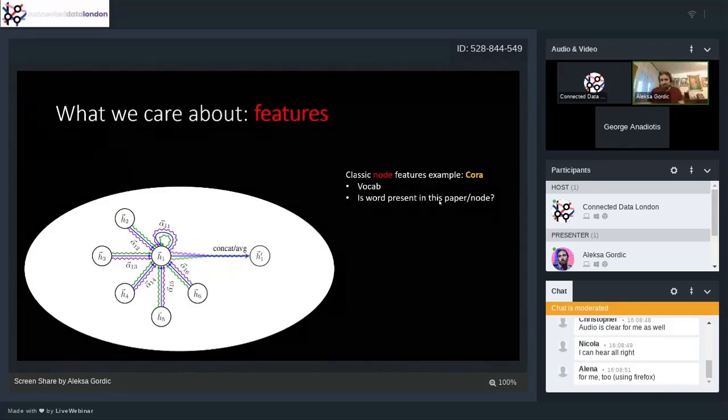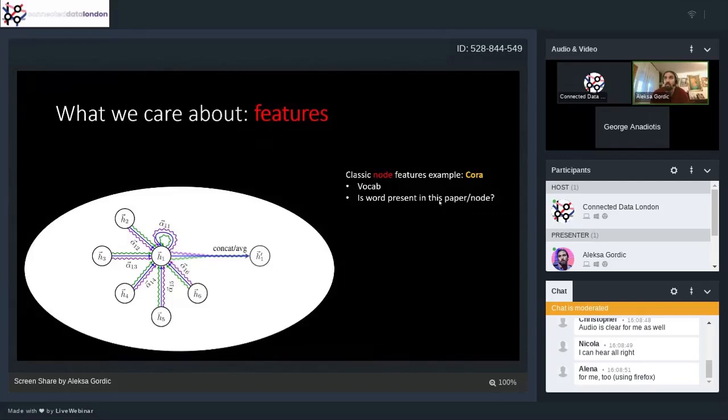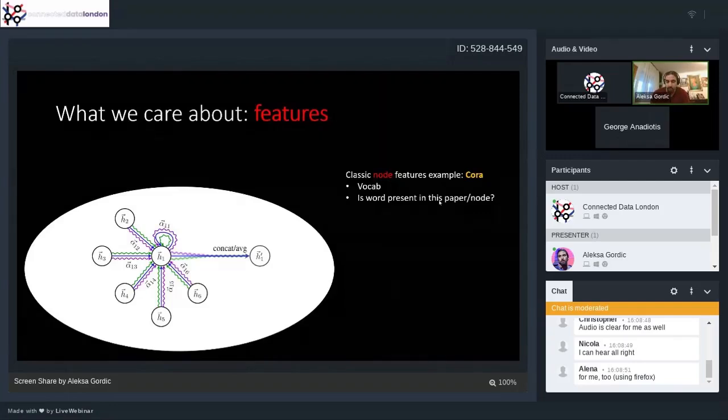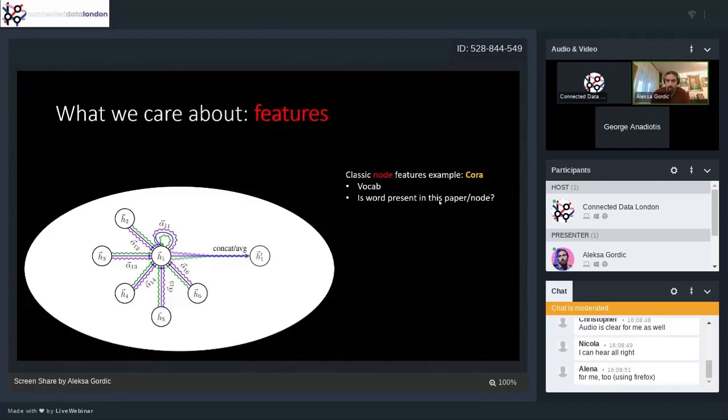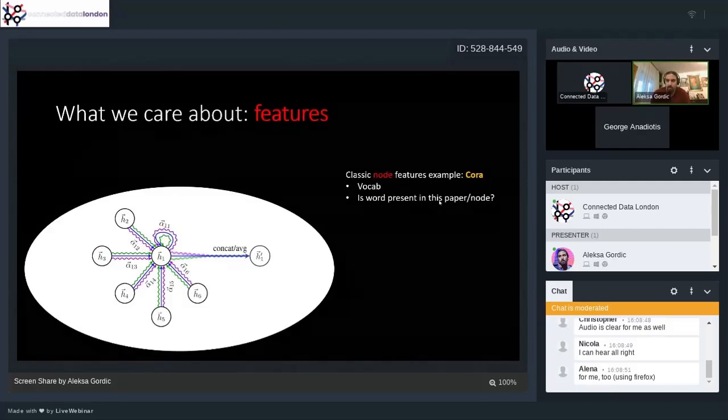And the expectation is, having that information, you can use it to deduce certain information about the graph. In Cora, in particular, you can answer questions like, is this paper published in the reinforcement learning field, etc. Okay, so that's one example.